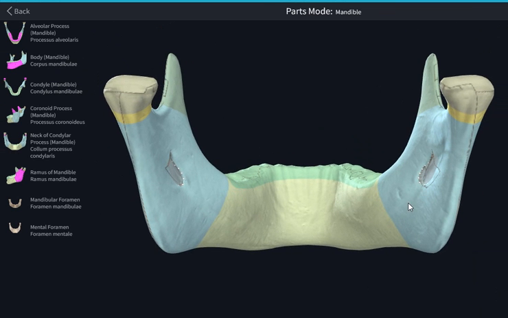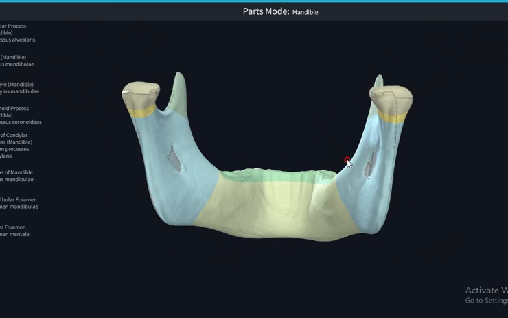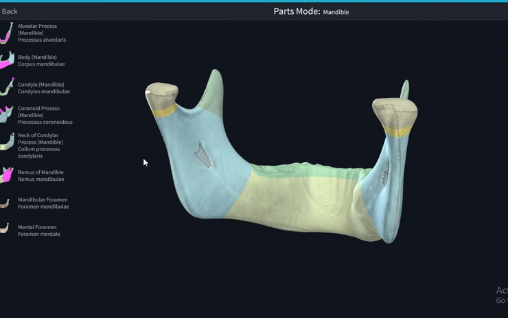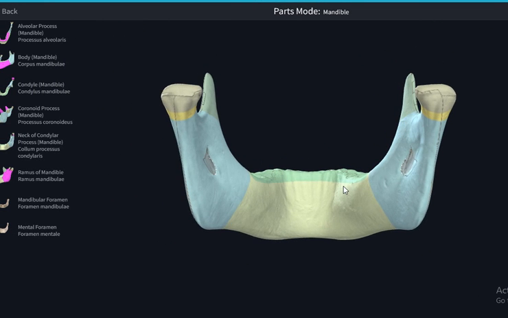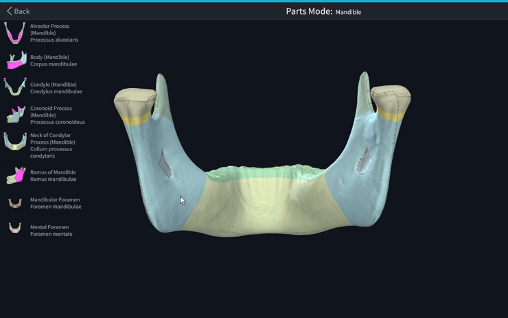So these are the mylohyoid lines. After having those mylohyoid lines, we need to know that we have this mandibular foramen here. We have the two mandibular foramina at these positions here. So we have the mandibular foramen, and the mandibular foramen is going to contain the last portion of the